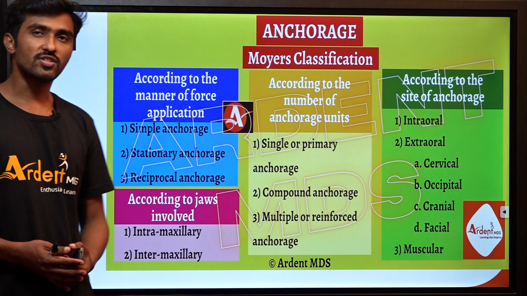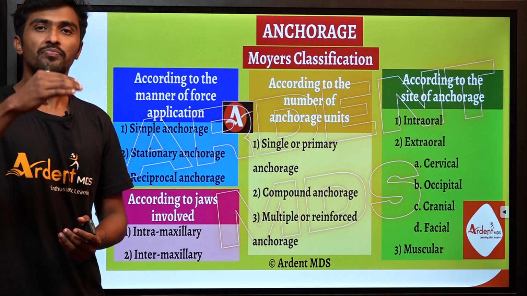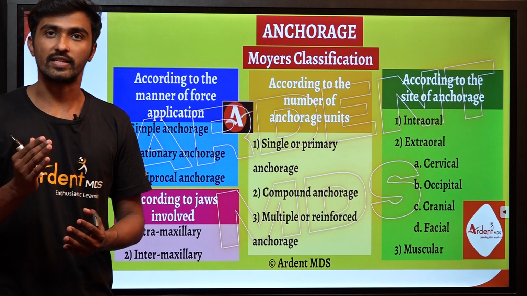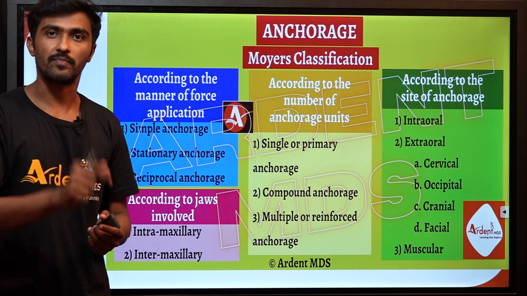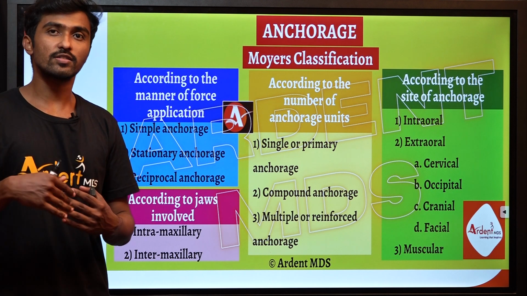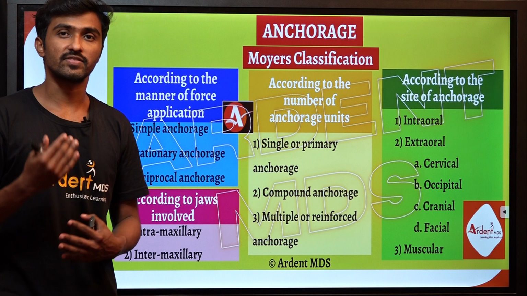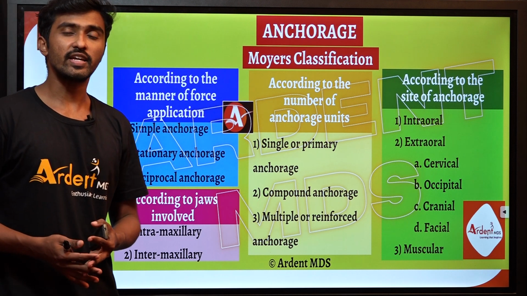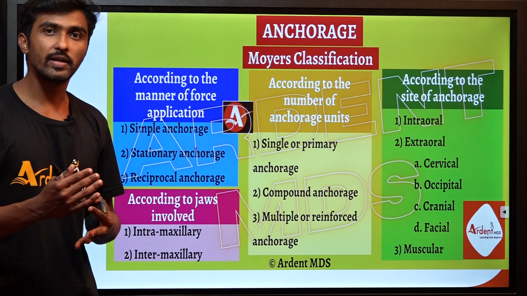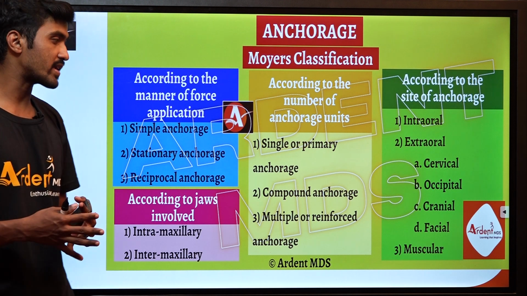Based upon the number of jaws involved, he classified into intermaxillary and intramaxillary. Inter means between the two jaws, whereas intra is within the same jaw. Intermaxillary is also called Baker's anchorage, which is given by Dr. Henry Baker. And according to number of anchor units, he classified into single or primary and compound anchorage and also